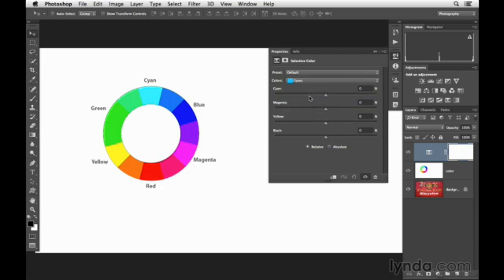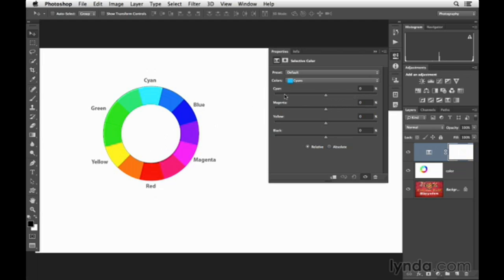And as we select a color to work on, we then have controls. Each of these controls allow us to modify certain colors. Notice that the first slider is called cyan, the next one magenta, then yellow and black. Well, if you know a thing or two about color theory, you may know that colors have complementary colors. Let's focus our attention on this little color wheel. Well, the complementary color to cyan, well, that's red. Therefore, this cyan slider allows us to increase the cyan if we drag it to the right, or to decrease the cyan if we drag it to the left, which in turn is adding red. So this slider allows us to work with cyan here